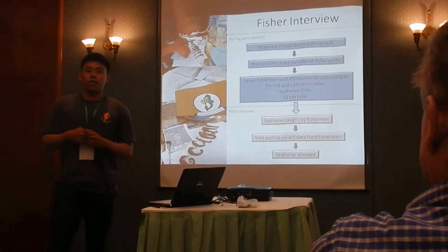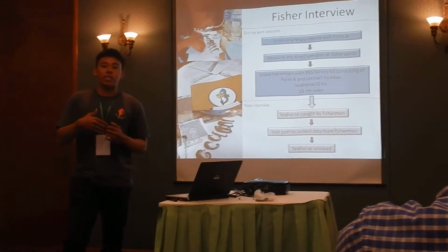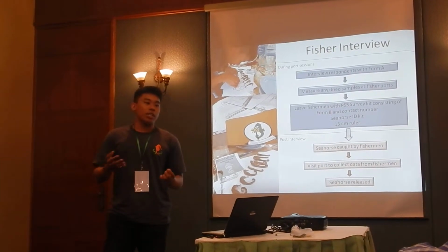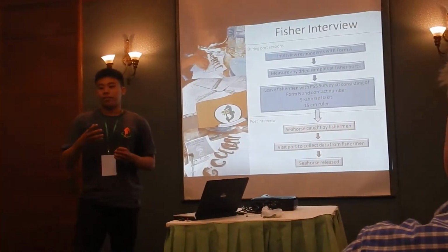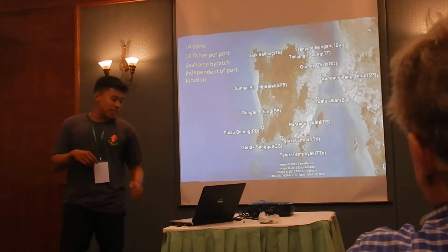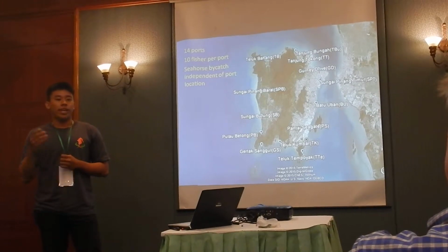And from there, most of the time the seahorse is released, but sometimes the fisher calls and I'm in a bad situation, I couldn't go directly. So in the length of my study, 1 or 2 seahorses might have suffocated because they're not put in the correct place, not given air. Okay, so these are the 14 ports that I survey, and I do 10 fishermen per port